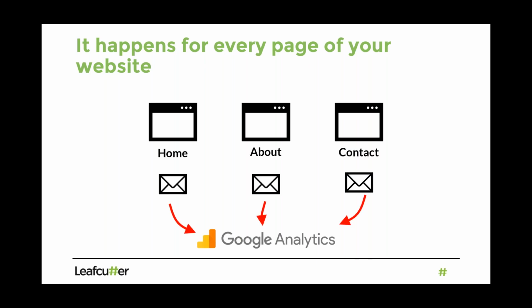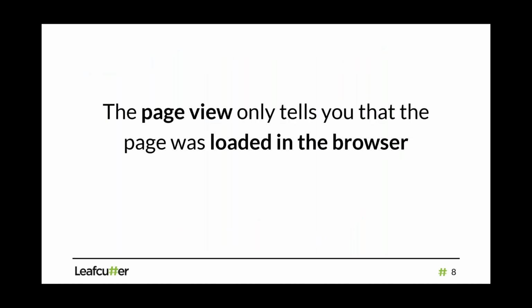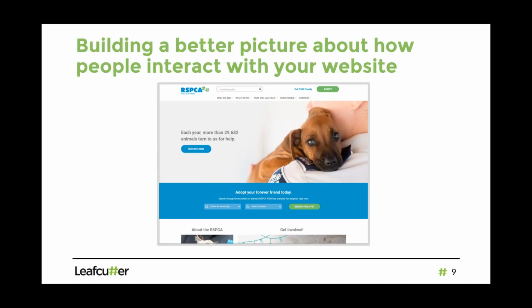Go to the home page or about page or the contact page, whatever it is, and those messages go to Google and say, Google, this page has been looked at. But we don't know anything else. It only is that the JavaScript was loaded in the browser. So we wouldn't really know how far down the page people scrolled or what else they interacted with on that page. Each page itself is isolated from every other page. They're just aggregate numbers of pages that were viewed on the website, as opposed to what someone did on that page.